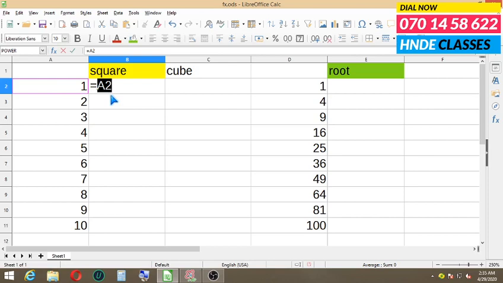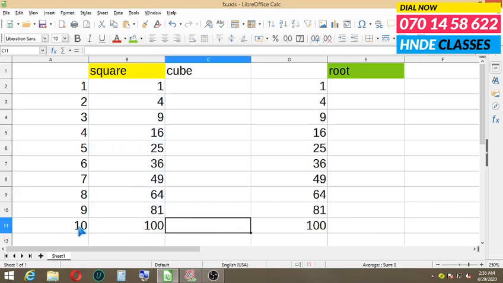The base 1 corresponds to cell A2, and now you have to bring up the raise symbol, that is shift plus 6. So A2 is 1 raised by what is the exponent?